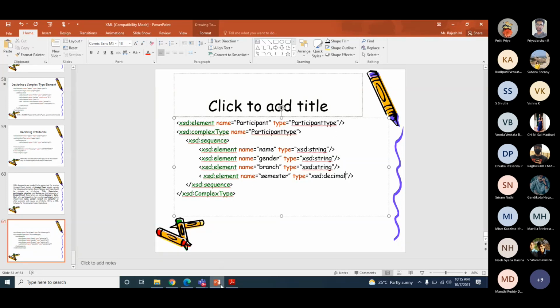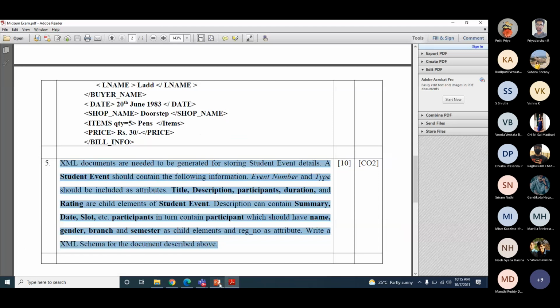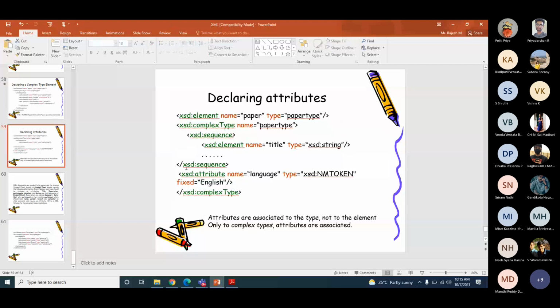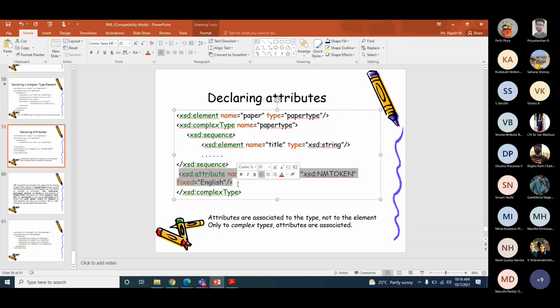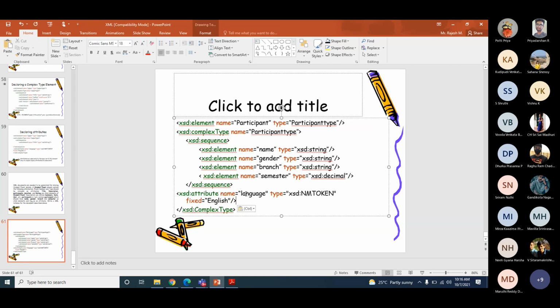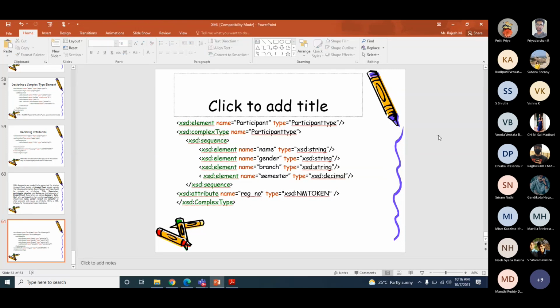This will create it, I think some more things are required, right? Register number as an attribute. So this will make your participant type ready.